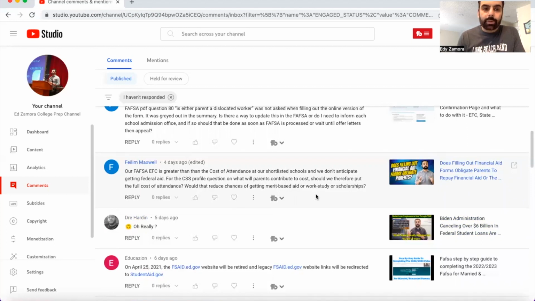Now, when it comes to the FAFSA form, those who fill it out know that at the end of the form, you get an expected family contribution number indicating how much they expect you can pay towards the cost of college. Let's say an example, the school's total cost is $40,000, and the FAFSA's EFC is saying you're over $40,000. Let's say you can pay $50,000. That means you have no financial need at all on the federal side, the state side, even the institutional side,